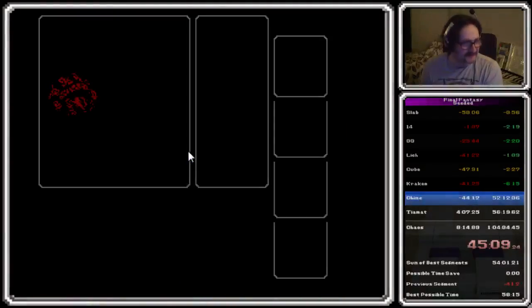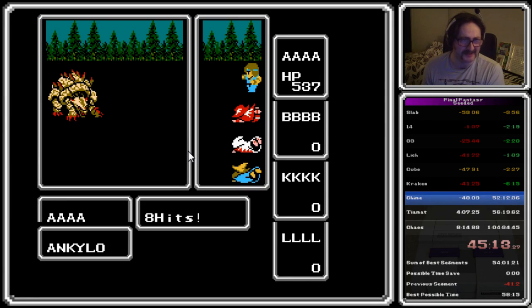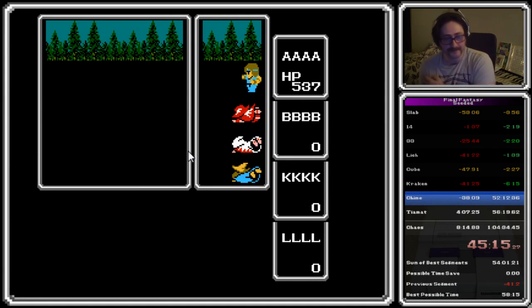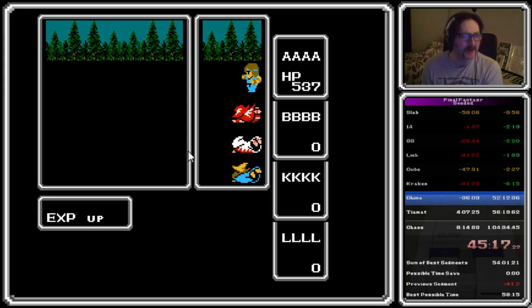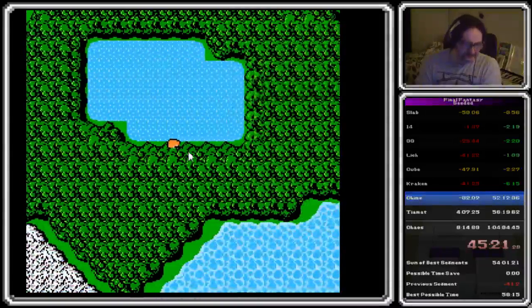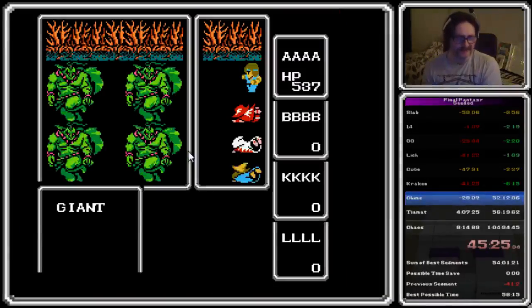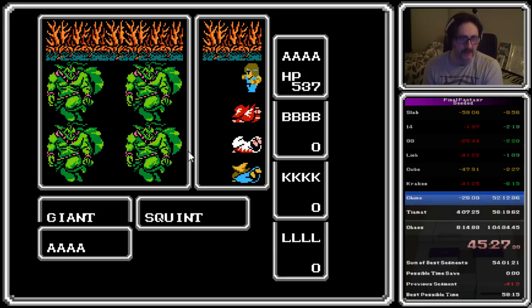I thought the first fight was supposed to be a Tyro. Tyro? I think these guys only give 1 experience, so fighting him is probably not a good idea. Oh, no, they do give a good amount. Okay. On the way down here, Frost Giants cannot be run from, and Zombles cannot be run from. So, I don't want to have to deal with...